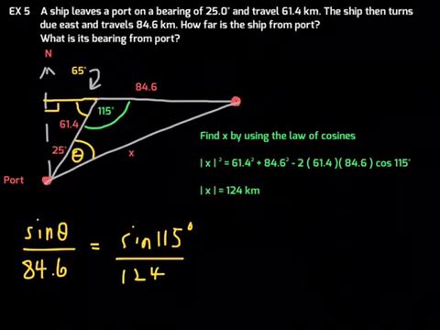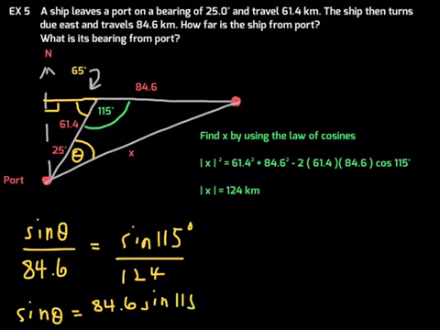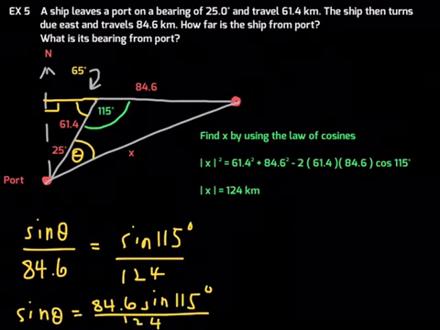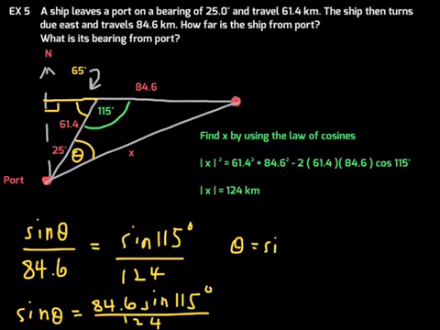In other words, sine of theta will be equal to 84.6 kilometers times sine of 115 degrees. And then all of that, of course, divided by 124 kilometers, right? That is to say, theta will be exactly equal to inverse sine of what we just said here,